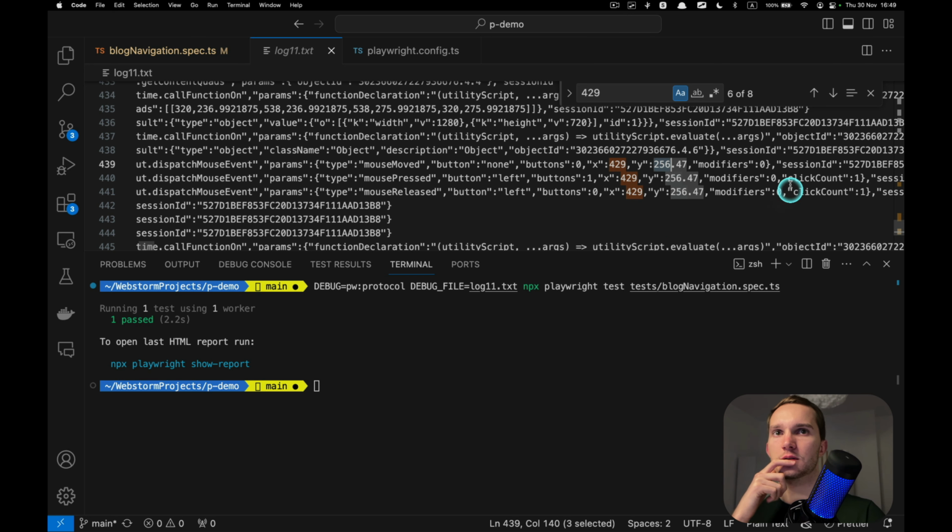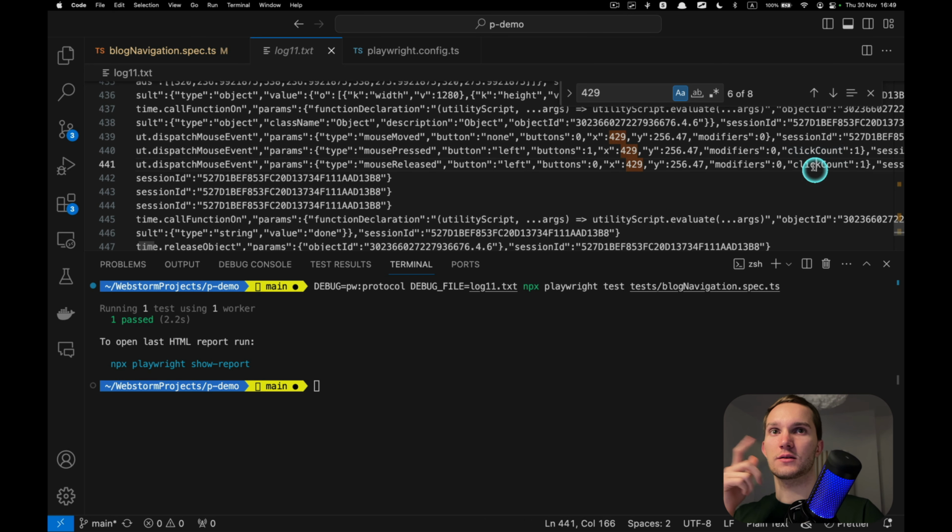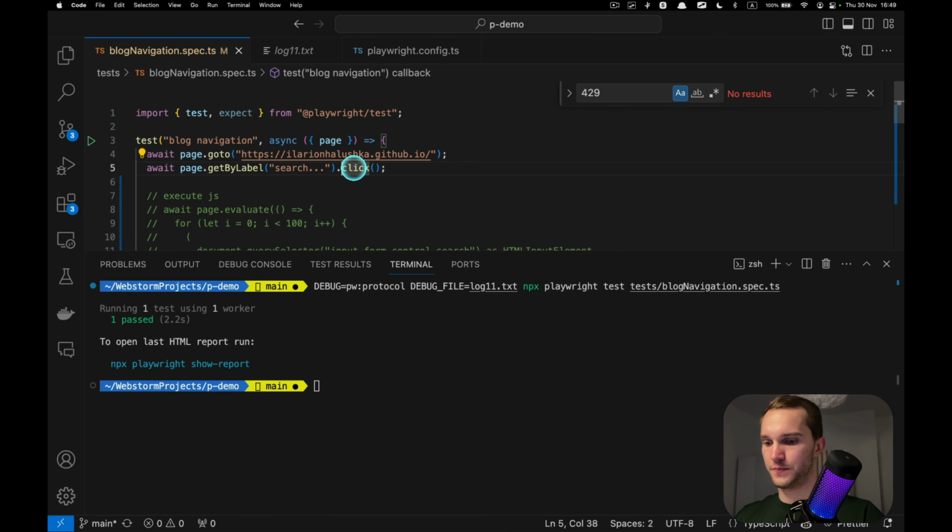Yeah, I think that's what happens. Oh, and by the way, click count is double click. Let's see what double click does.